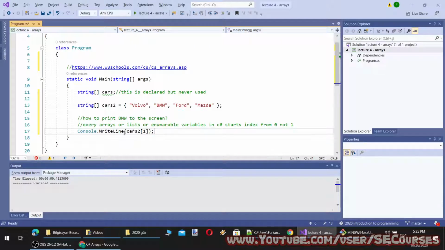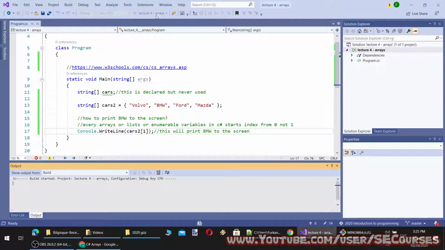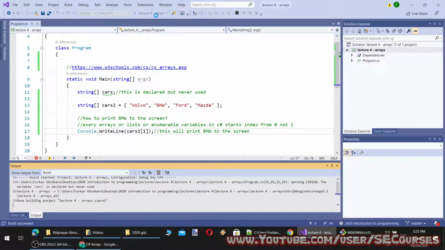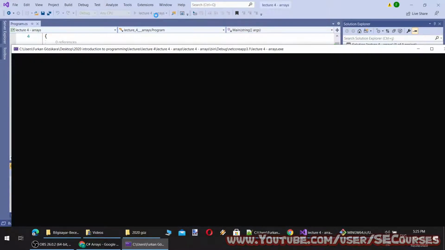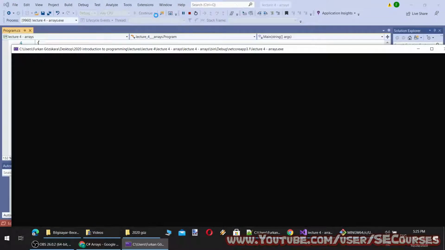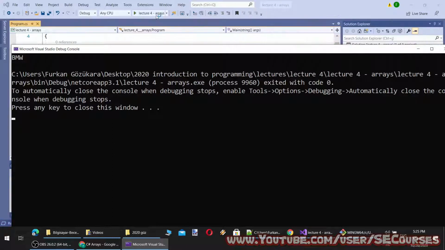So this is accessing the second element of the array, and this will print BMW. Let's try it. Okay, as you can see, it is printing BMW to the screen.